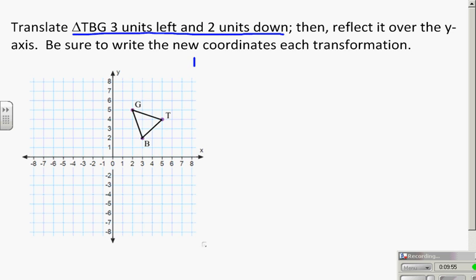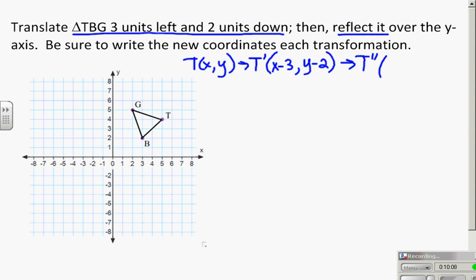So here we have a triangle, and this time we're going to do a translation first. So our T prime is going to be 3 units left, x minus 3, 2 units down, y minus 2. Then our second transformation, we are going to reflect over the y-axis. And our y-axis reflection is the opposite of x, y. So where are we starting? Our starting points,